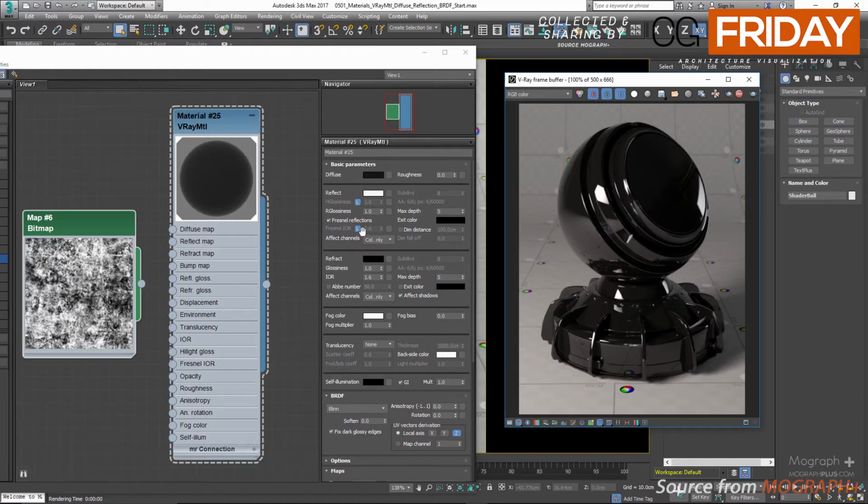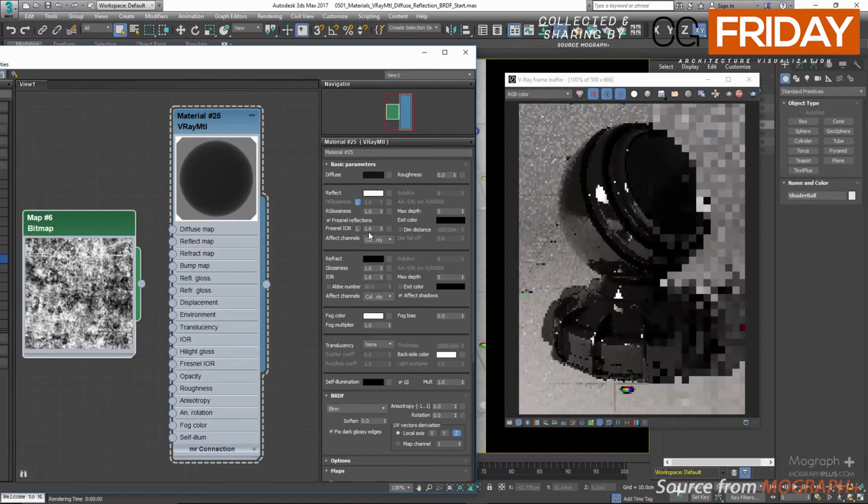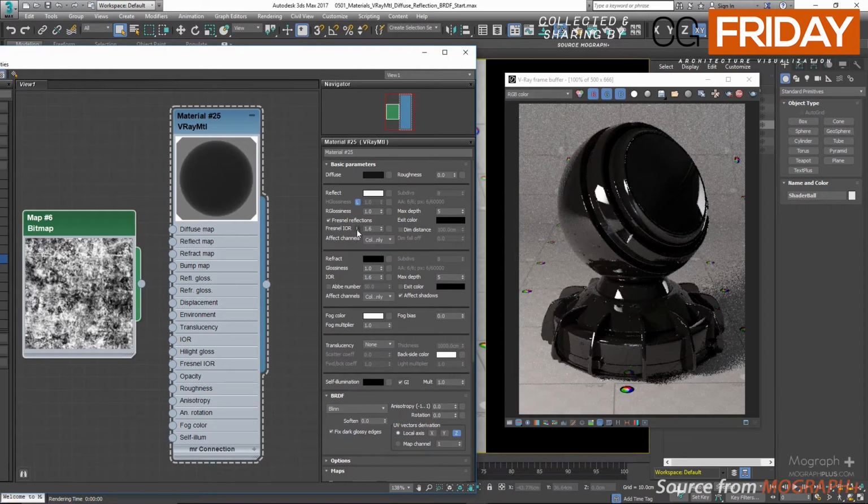By default, it's grayed out and locked to the IOR value down here. If you want, you can simply unlock it by clicking on this L or lock button. My suggestion is do not unlock it and simply use the IOR value from the refraction section down here. So let me lock it back to the IOR value from the refraction section and see how it affects our material. Let's set the IOR value to